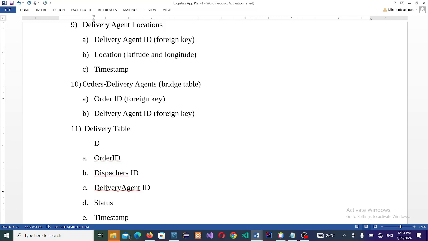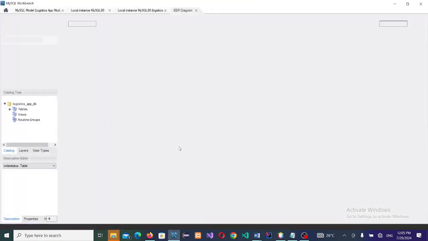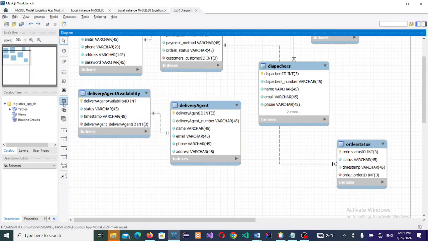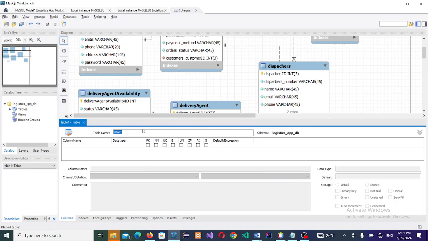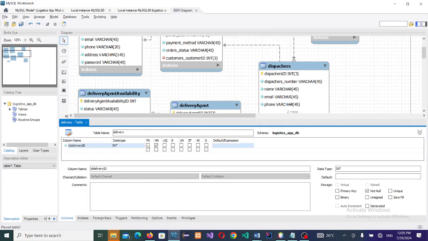That is the delivery ID. Yes, for itself. So let's have another table, the delivery table, and we have delivery ID, not null, auto increment primary key,